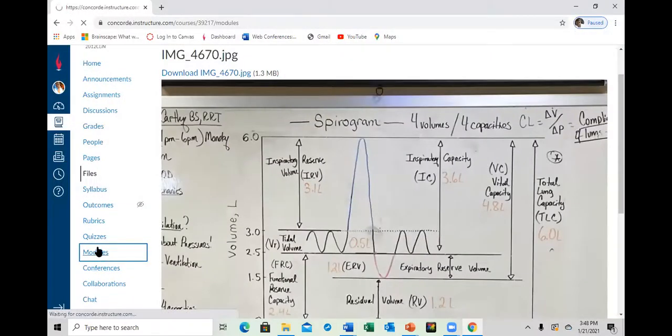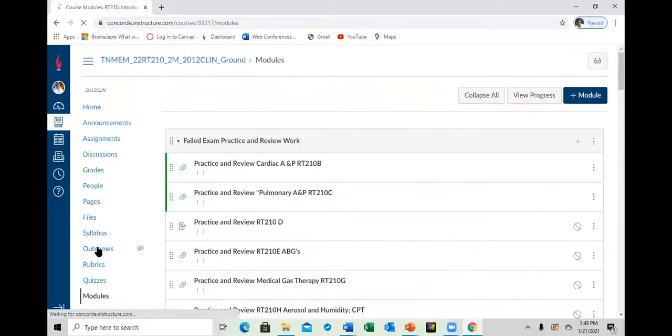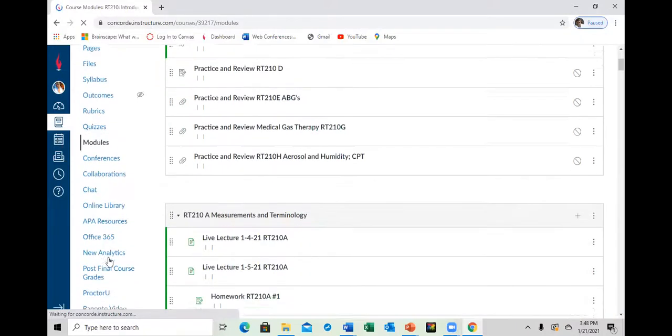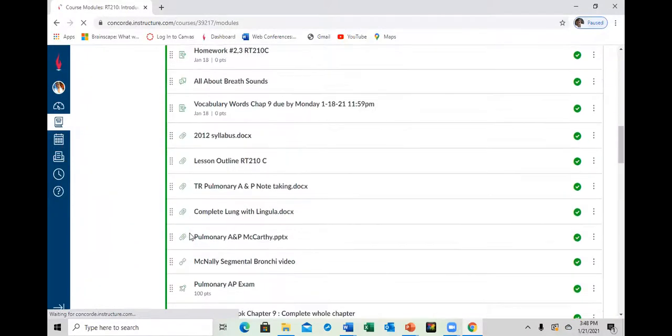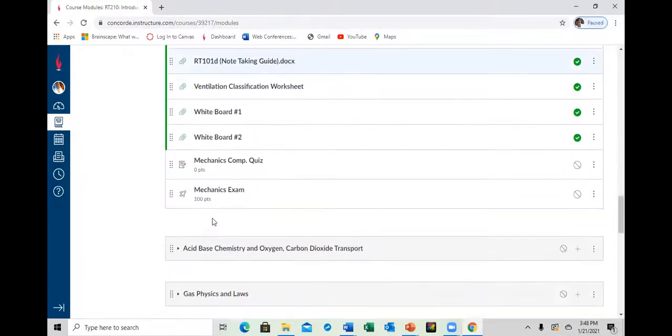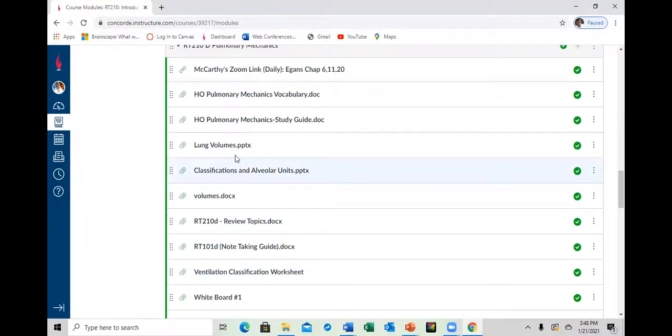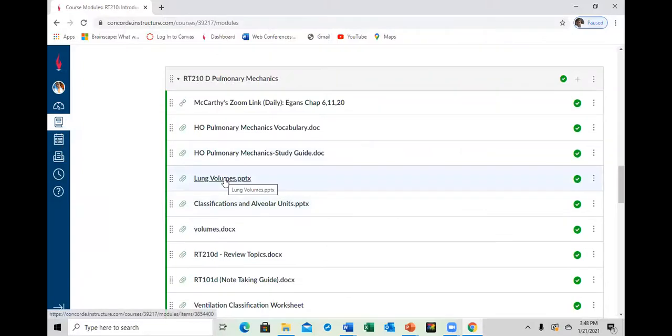In the module, lung volumes PowerPoint. It's right here. Click it